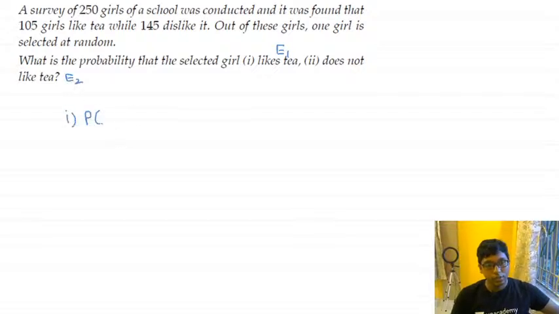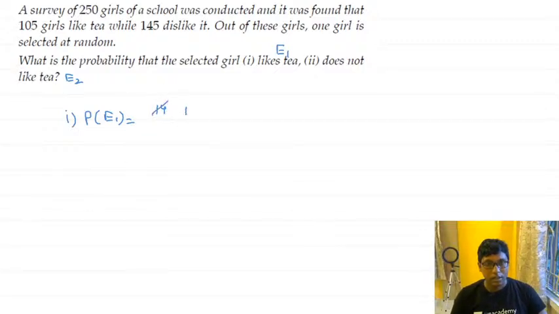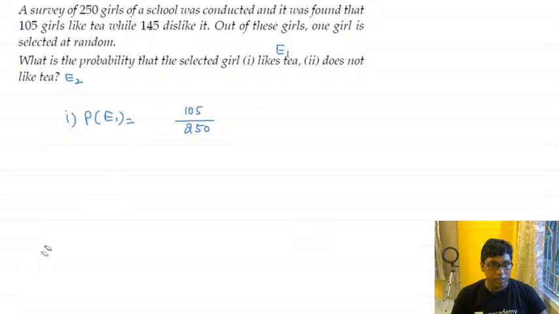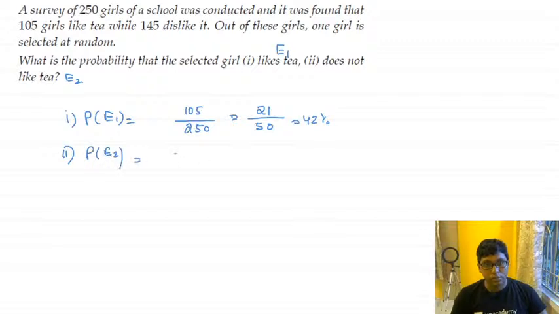So the first one, probability of event T1 is going to be the number of students who do like the tea, that is 105 divided by 250, right? 105 divided by 250, and that gives me the answer as, if I cancel out by 5, then 50 in the denominator and 21 in the numerator. So this is 42% is the answer, and probability of event E2 is going to be